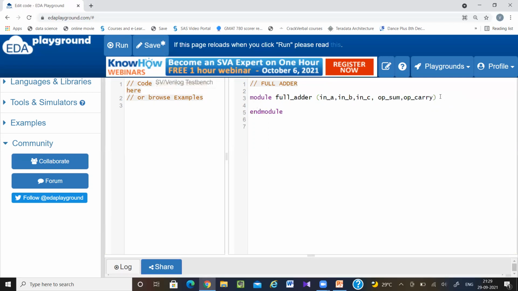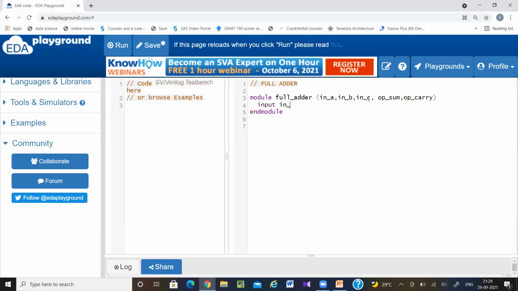Next, you have to write the port direction. Port direction means whether it is an input port, an output port, or an in-out port. Input port means you are giving some value to the design. Output means you are taking some value from the design. So here A, B, C, these three are my input ports.